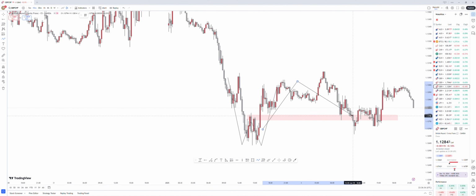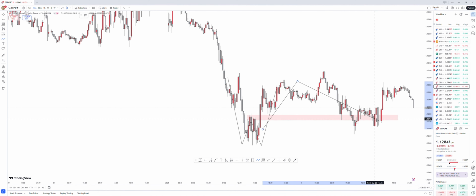This first start didn't give us either a morning star or a bullish engulfing, so this entry is not valid. Second entry also not valid because we didn't get a bullish engulfing or a morning star. Our third entry is where we have a valid trade, because over here you can see we have a bullish